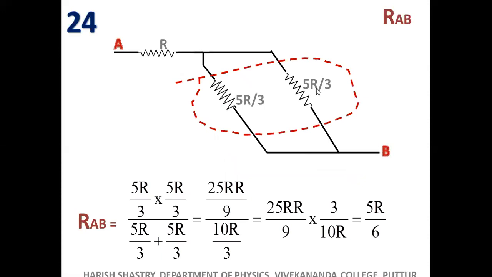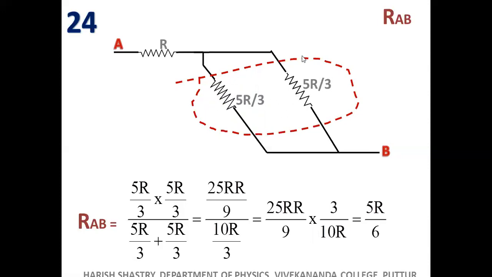Okay, or you can do it like this. What is the equivalent? 5R by 3 into 5R by 3 divided by 5R by 3 plus 5R by 3, R1 R2 by R1 plus R2. Try to make it as complicated as possible. Simple way is R by 2. This also is possible if you are sticking to the same formula. Then 25 R square by 9 divided by, 3 is common, 10R by 3. So 25R by 9 into 3 by 10R. This becomes inverted when it comes to the numerator. 3 3s are 9, 5 5s are 25, 2 5s are 10, so you will get 5R by 6. Half of this, 5R by 6.